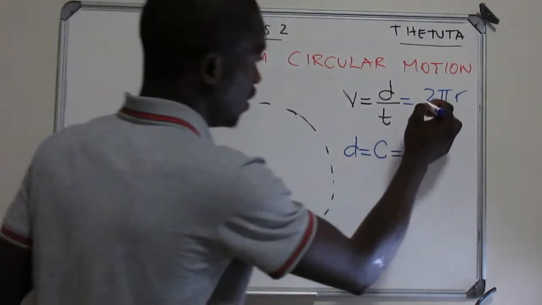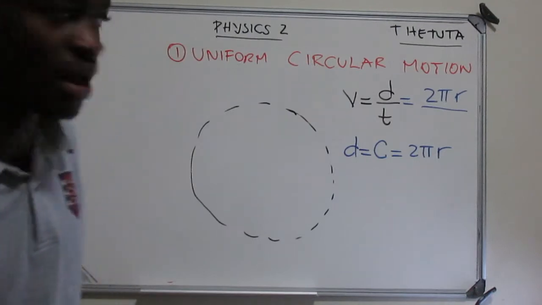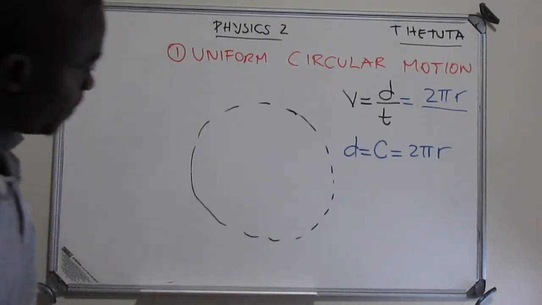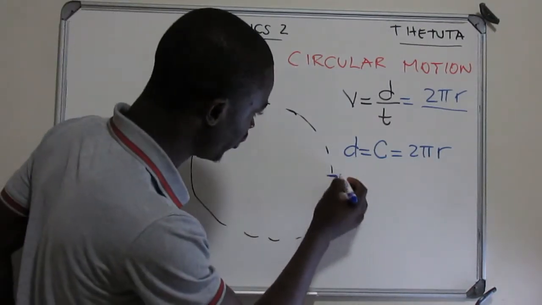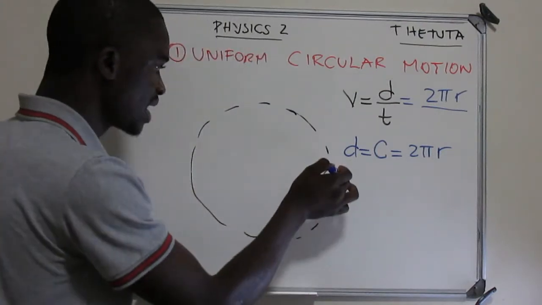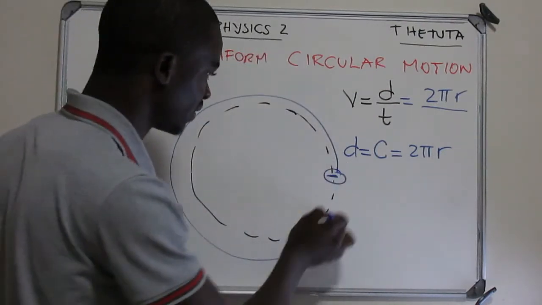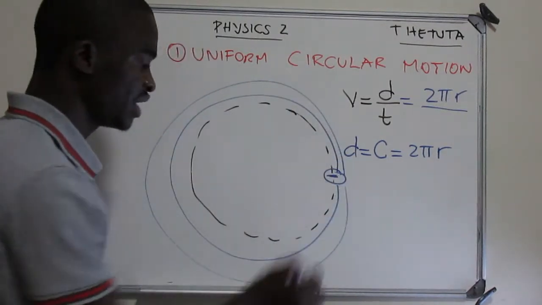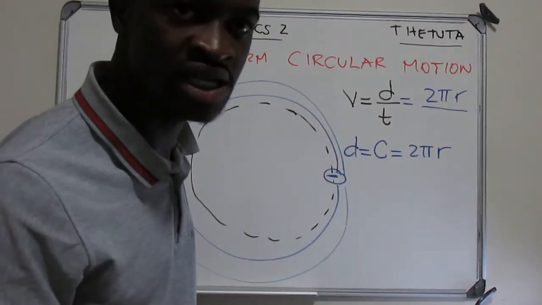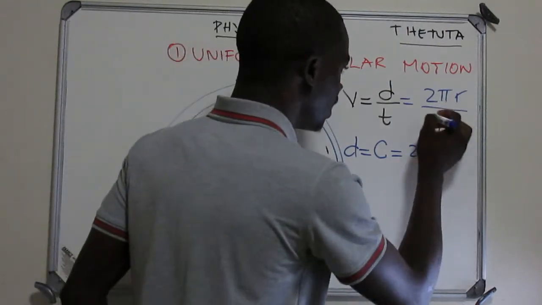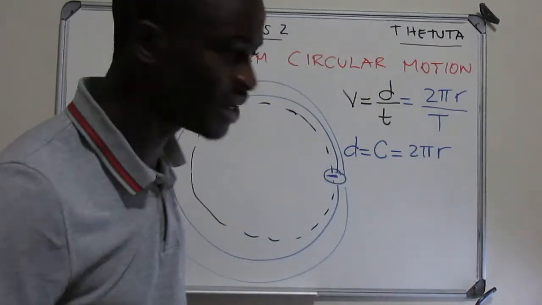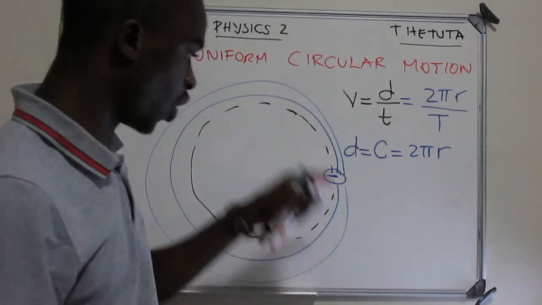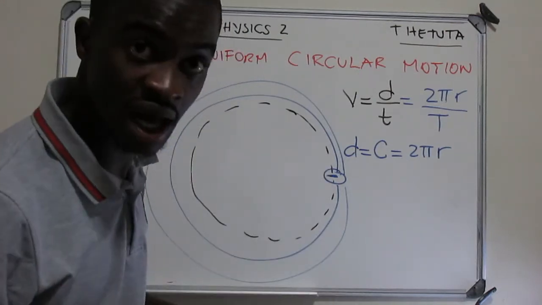Okay? So what about the time? Remember, it's a circular motion. If, for instance, this person starts moving from this point, he makes the first revolution, okay? And then he makes another revolution. You can see that we have a period that will be involved here. So now we can say the time is the period at which this person is rotating, or this car is rotating in a circular motion, okay?